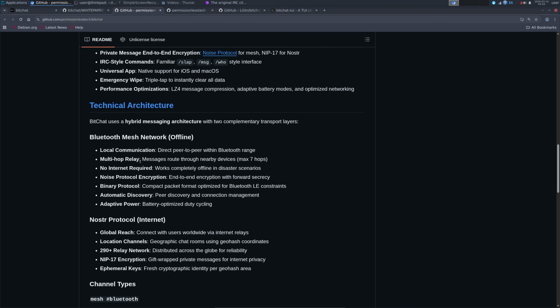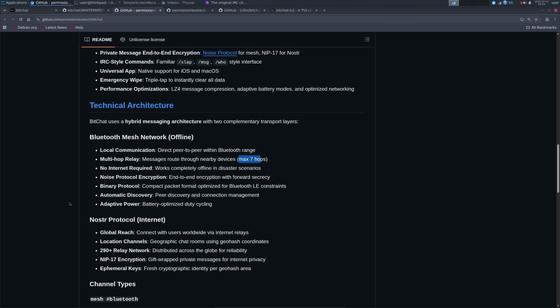As it mentions, the multi-hops, which you can have a max of 7 hops. So it routes through nearby devices in this way. So it may jump from one, then to the next, similar to how Tor and I2P communicate through various hops before they reach the destination with their messaging. No internet's required. Of course, it's perfect in disaster scenarios and let's hope there's no world war, but it's good to have things like this, and that's why I thought today is a perfect day to introduce Bitchat with you